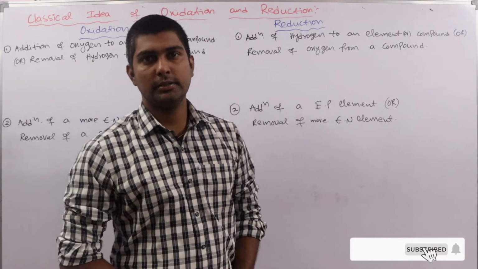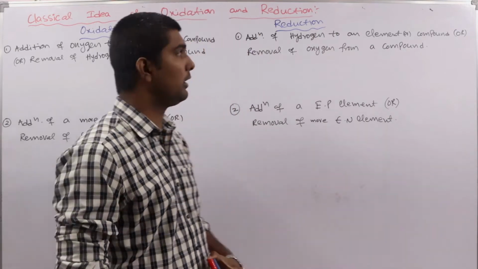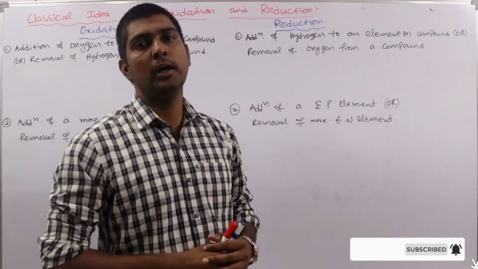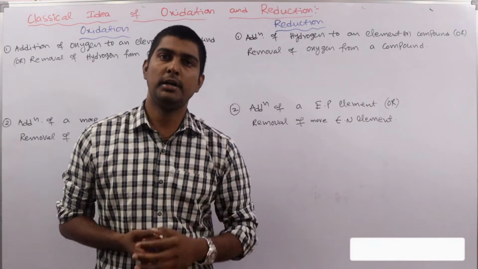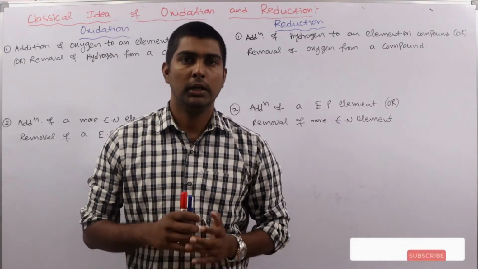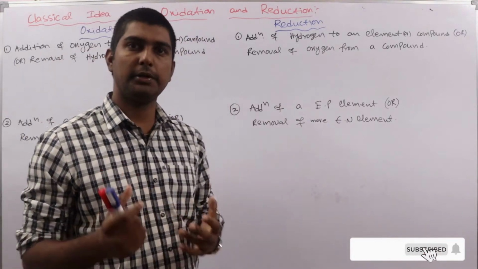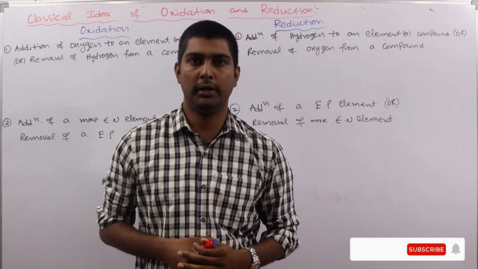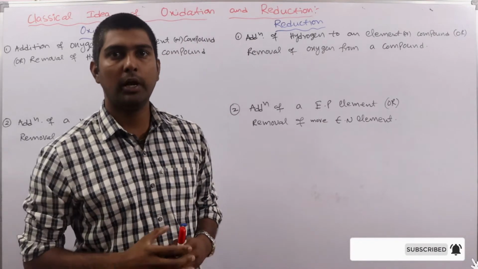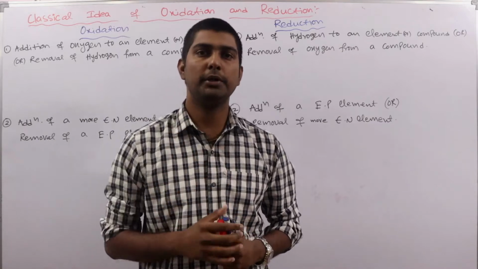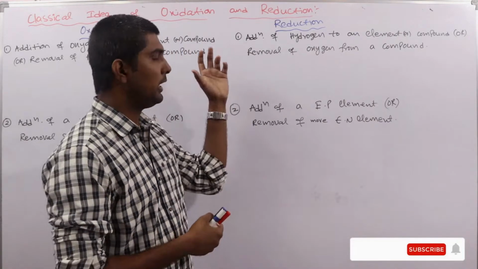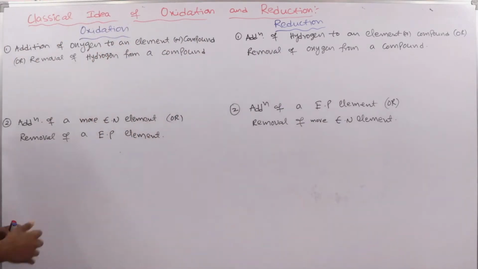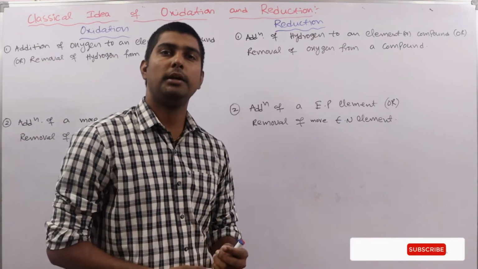In this lecture, we are going to discuss one of the most important and fundamental concepts in chemistry, that is oxidation and reduction. What is oxidation and reduction? Actually, oxidation and reduction are defined in different ways. In the olden days, they were defined with respect to hydrogen and oxygen, and to more electronegative and more electropositive elements. But in the modern approach, we discuss oxidation and reduction with respect to electrons. So that is the electronic concept. Now let us start with the classical idea. After that, we will discuss the electronic concept.